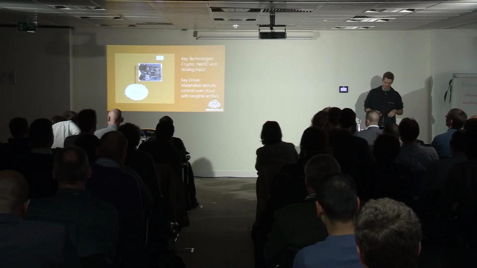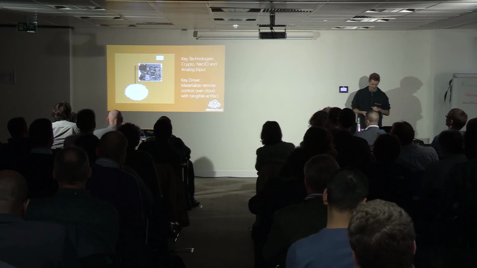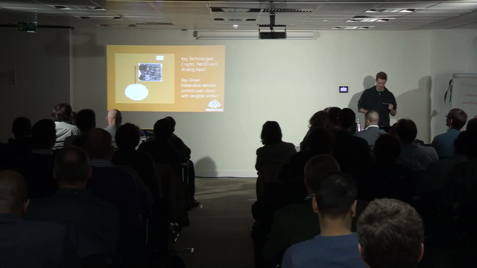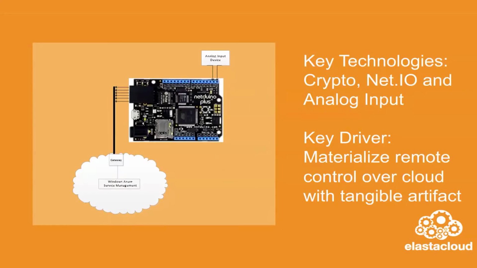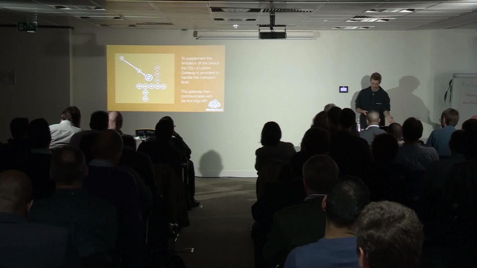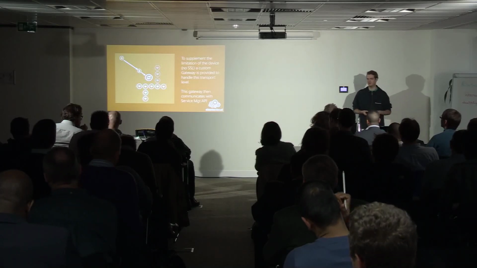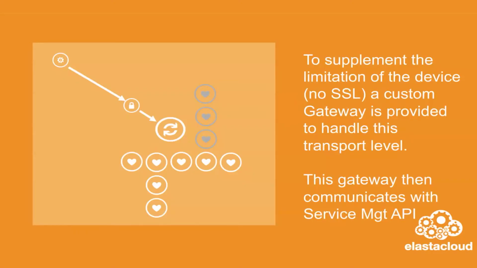What we're doing, because we don't have the crypto libraries, we're using a gateway architecture where we have a service already in the cloud which understands all the crypto things that it needs to in order to communicate with the Service Management API. And the idea is that our device sends a message up to the gateway already running on Windows Azure, and that gateway communicates with the Windows Azure Fabric to change the number of instances in a role which is already running. As you can see, because there is no SSL, we have to use the gateway approach. But if you had a larger chip, you could do this natively on board.